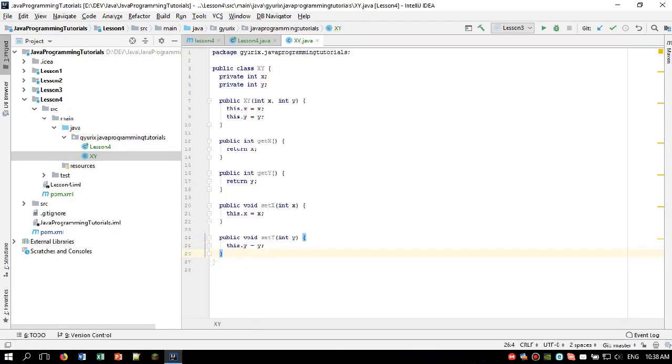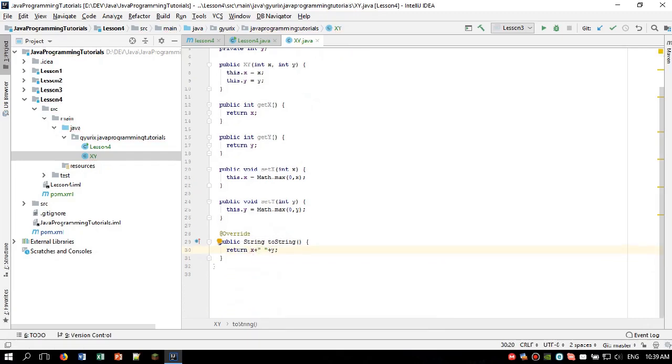So the next thing we are going to do will be limiting the functionality of setters. We want to make sure that all our x and y numbers are always positive numbers. So we are going to use the Math.max method for making sure that they can't go below 0. We are also going to implement a toString method which will do like x, space and y for being able to print the value of this xy class.